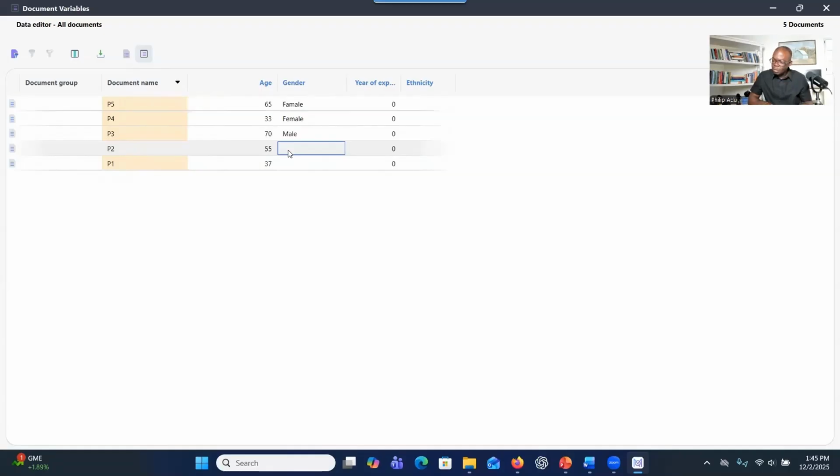P2 is male, and P1 is female. Also, you can rearrange this. If this one is from P5 to P1, you can click on it to arrange it nicely, like P1 to P5. So the next one,